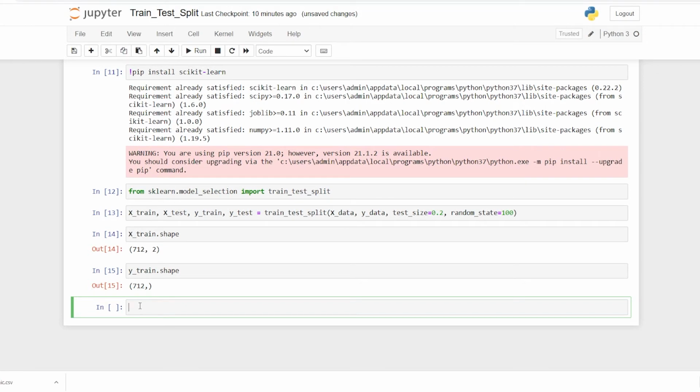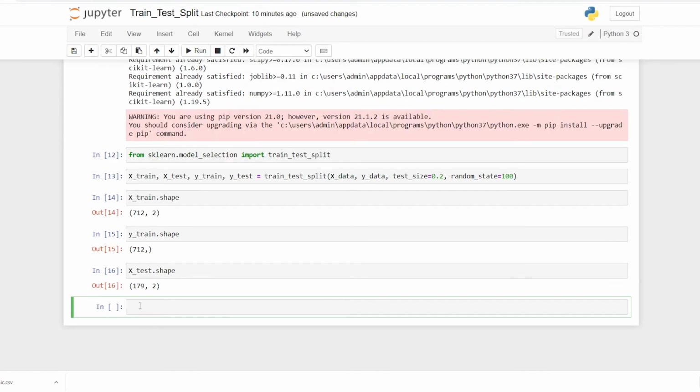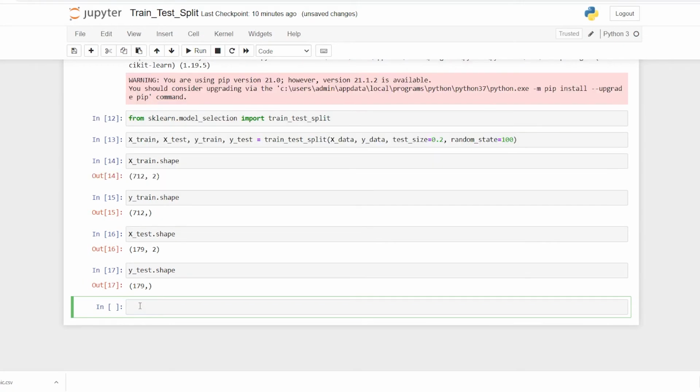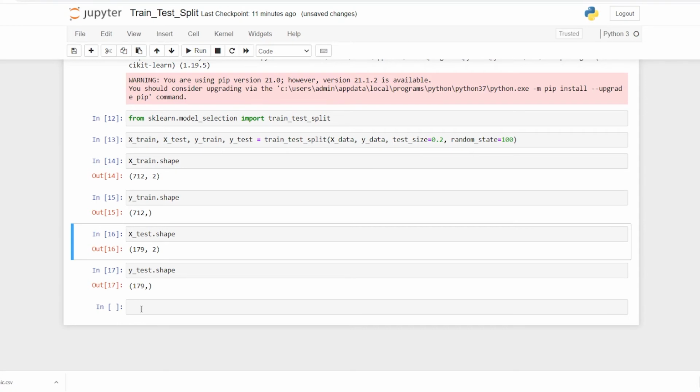So my training data is 712 rows. Now I can check the x_test.shape, and similarly the y_test.shape, and we have it. So it is saying that 179 values I am going to test with my model.